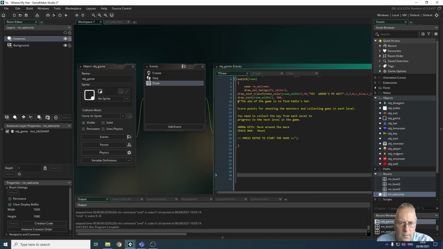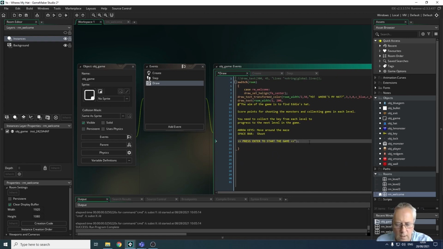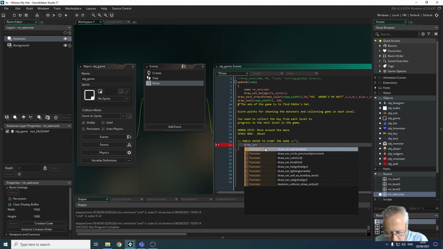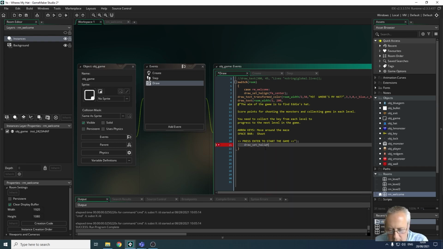And then what I'm going to do, I'm going to make sure, and it's really, really important you do this, when you've used a center command, okay, that you change the alignment back to left, because if you don't, when you do your next piece of text, it will remember the center alignment. So we're going to do a draw_set_halign, sorry, halign comment, and we're going to set it to fa_left. Okay,